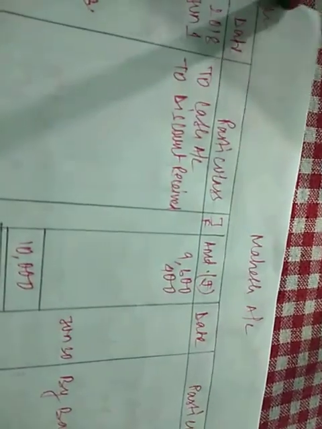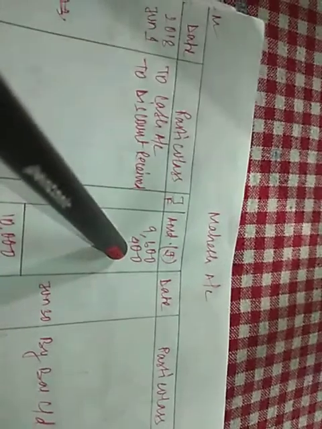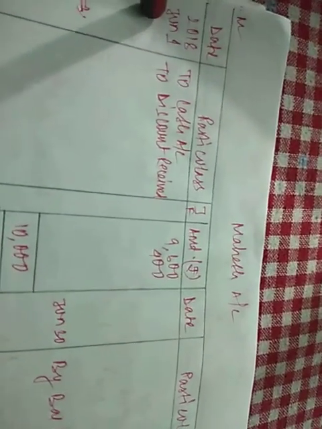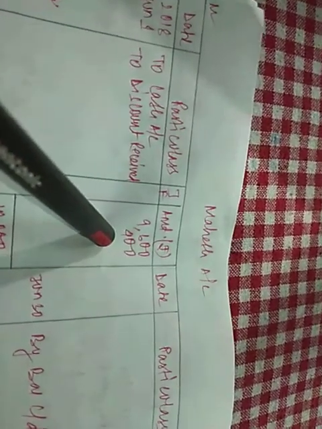But not only cash, Mahesh account was debited to discount received also. Mahesh account debit to cash we have done. Now Mahesh account debit to discount received 400. So again we have Mahesh account debit to discount received, that is 400. This entry was also on June 1st, so I have not written the date twice. You can continue with the same date. Mahesh account debit to cash account 9600 and then to discount received 400. So these were the two entries on the first date.